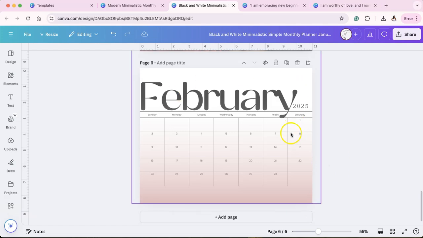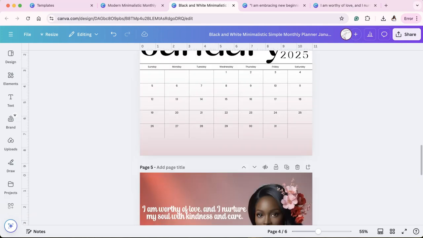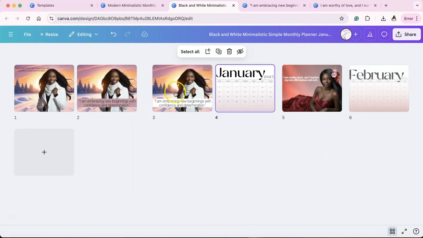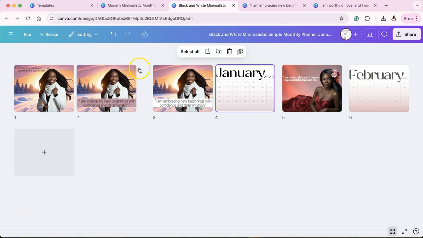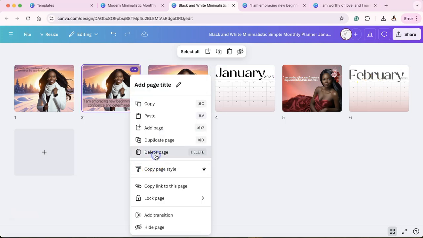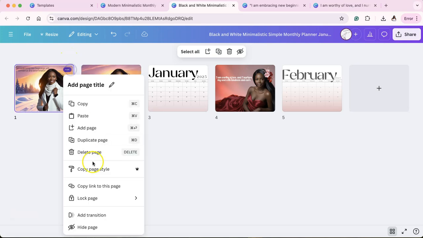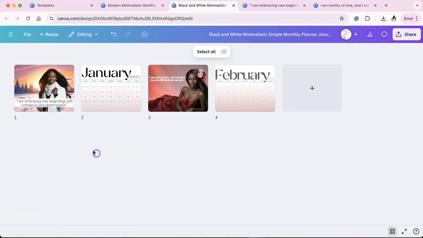So Command A on a Mac selects everything. Copy, paste it. And now look, our calendar is getting somewhere. There's January, there's February, and then you just do the whole month. I'm going to delete these extra pages. So now we have our January, we have our February. And if you're going to print this out and put holes in it, so let's say